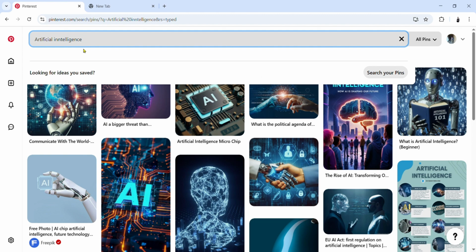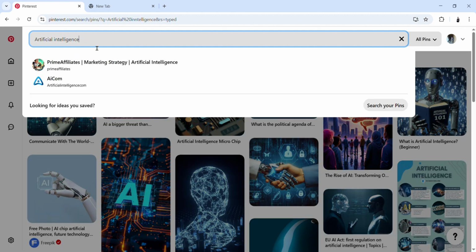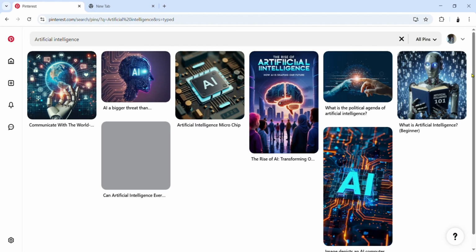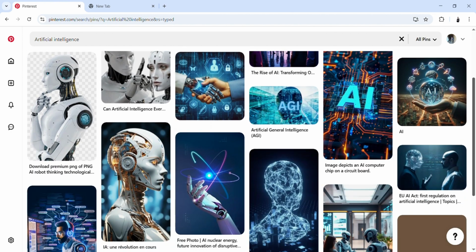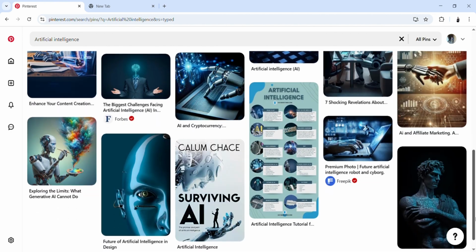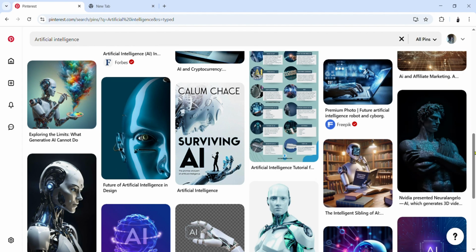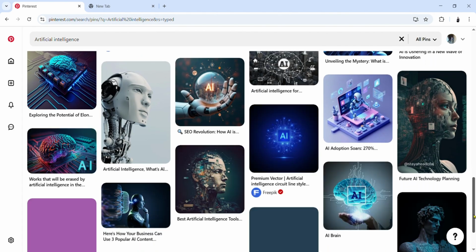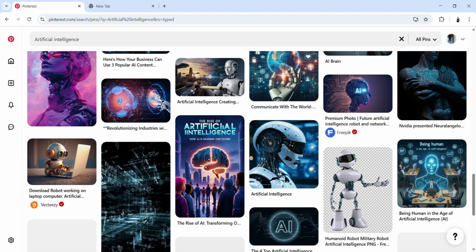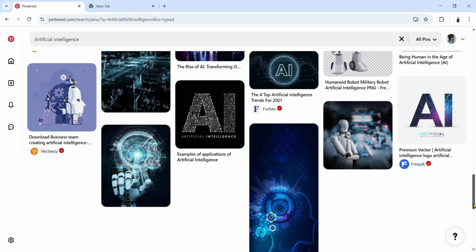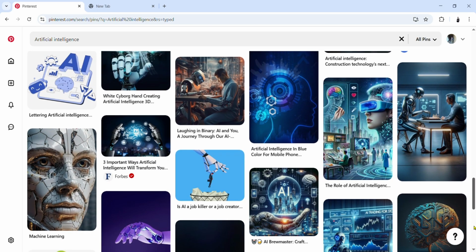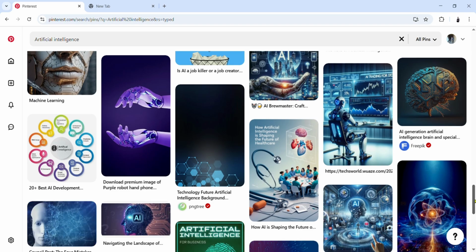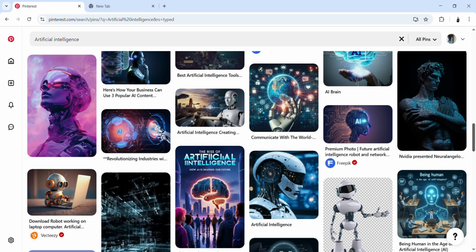You see, these are all pictures related to artificial intelligence. A lot of material is available on this website that you can use for free. After showing you several areas, I'll also show you how you can download these materials and how you can